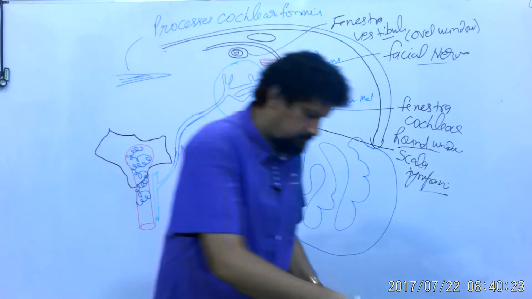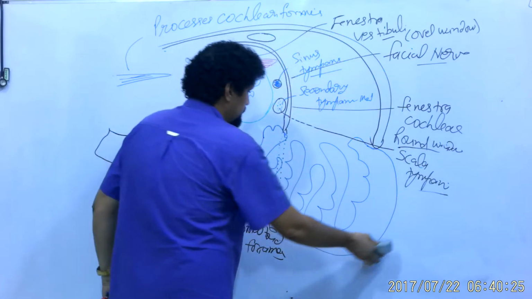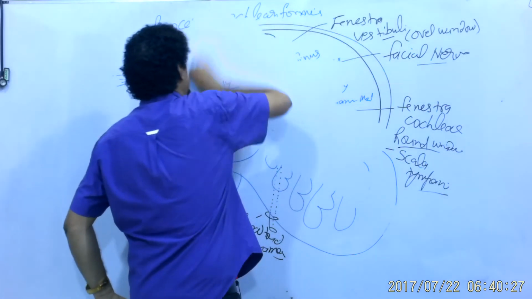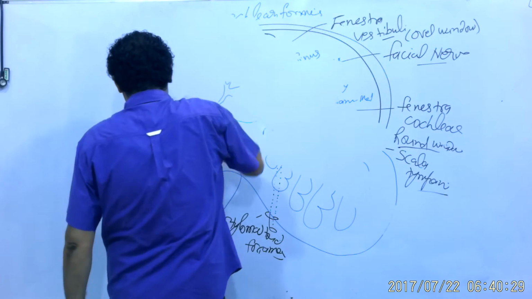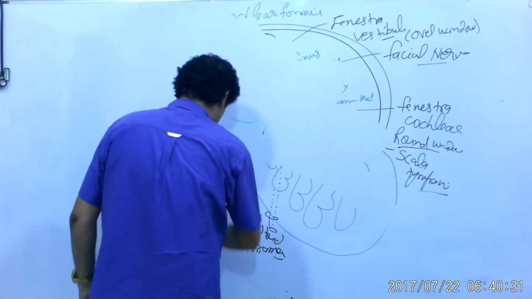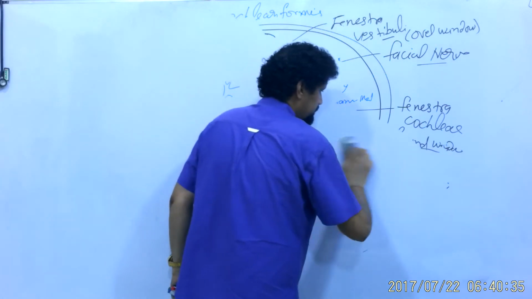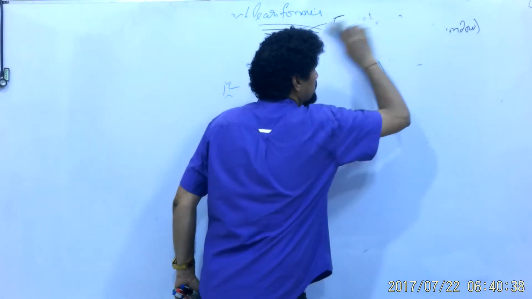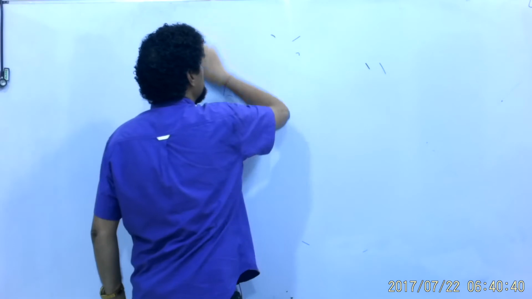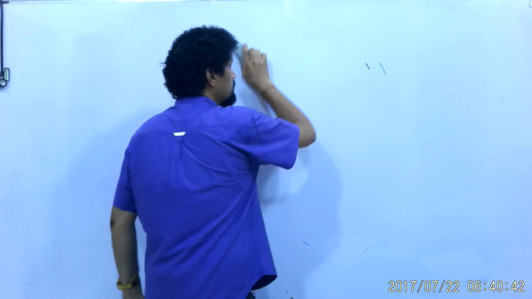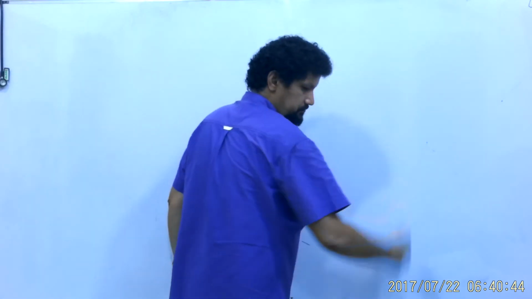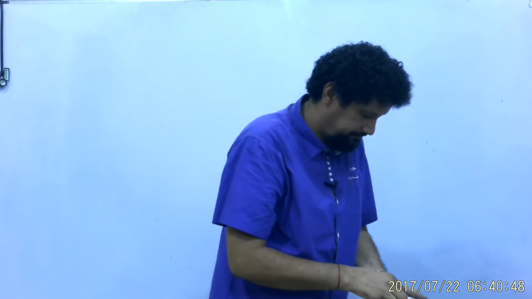So, the lateral wall is formed by the tympanic membrane and the,